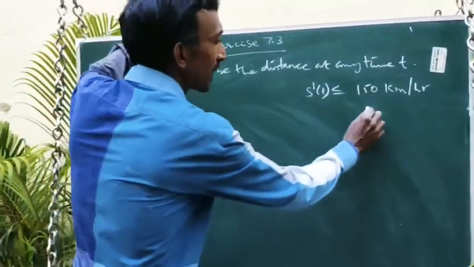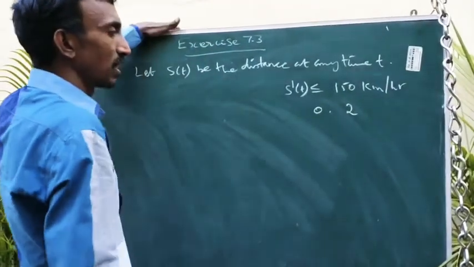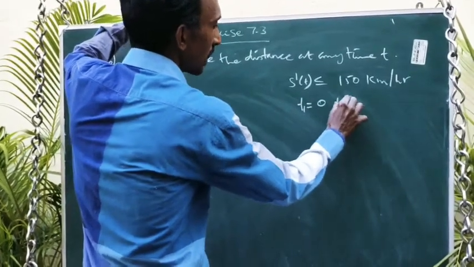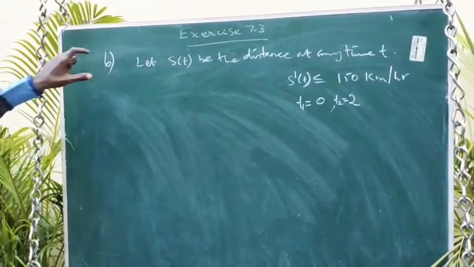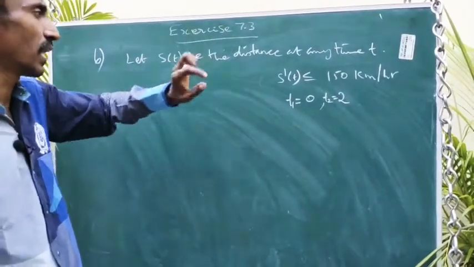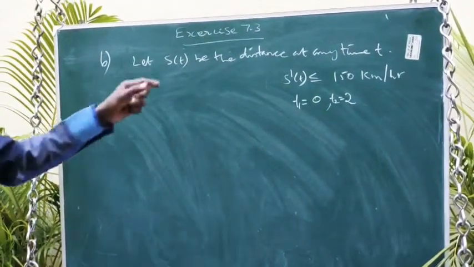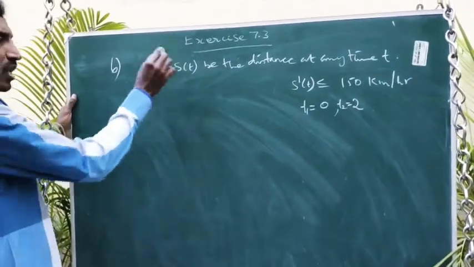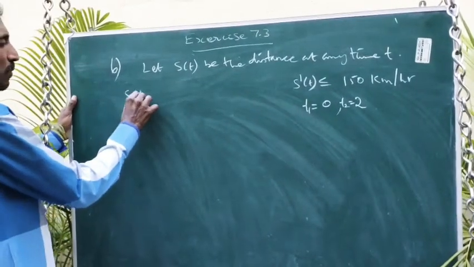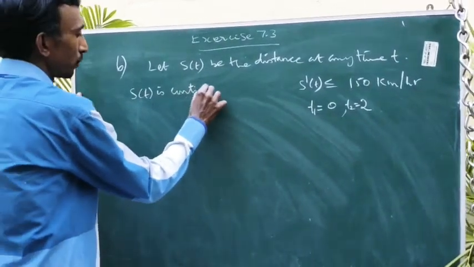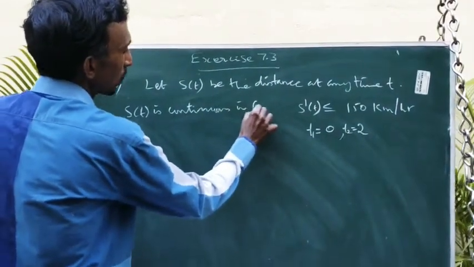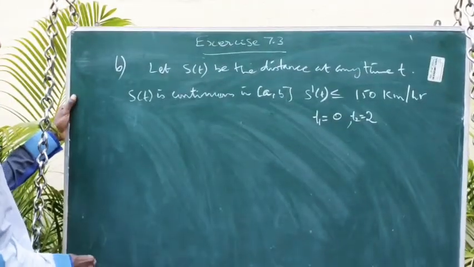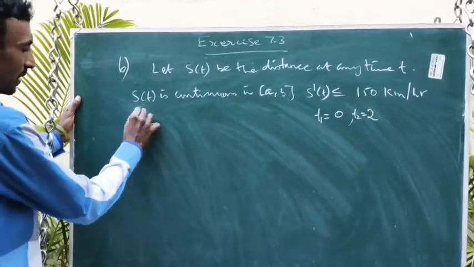So next 2 hours. So imagine the starting time as 0 and the finishing time is 2. So t1 equal to 0 and t2 equal to 2. Okay. So initially we assume let s of t be the distance traveled by the car at any time t. So obviously it is continuous and differentiable. So s of t is continuous in closed a comma b. So distance traveled by the car is a continuous one and it is